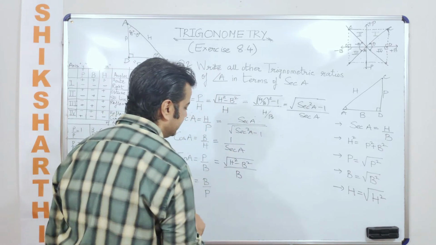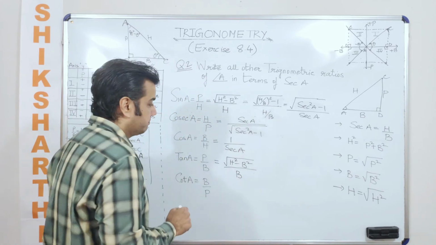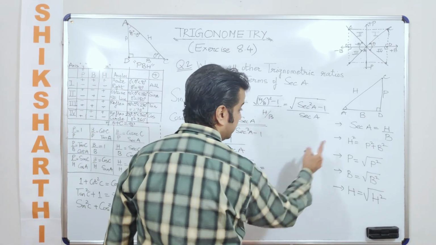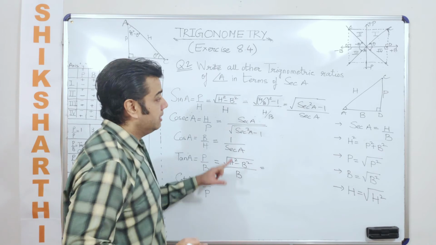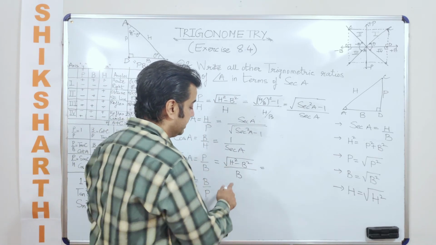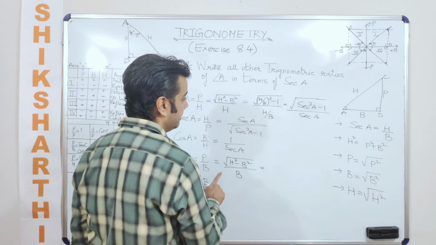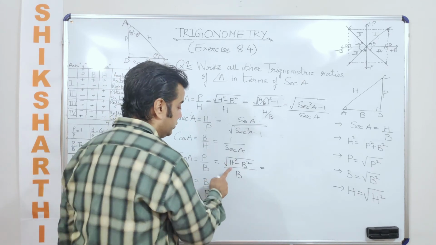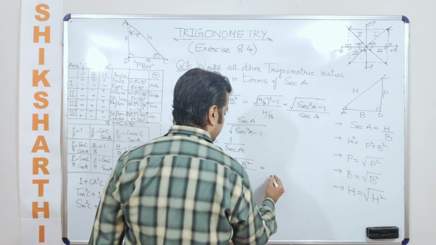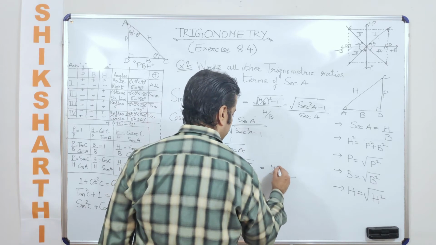Okay, coming back to tan a now. So we know that p is equal to under root of h square minus b square, and we need to get the value of h by b. So now I'll be attentive. We are supposed to find out the value of h by b. In that case, you will divide both the numerator and denominator by b only. So when you divide the numerator and denominator by b, you get the denominator as 1 and the numerator